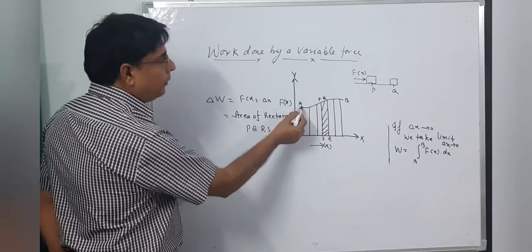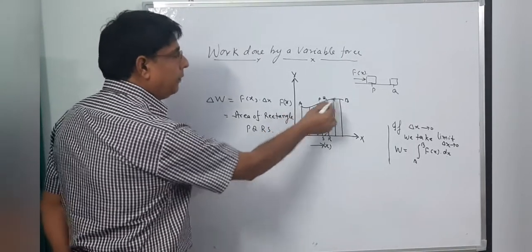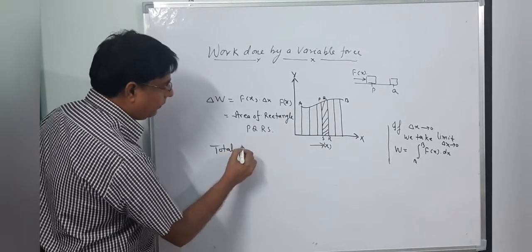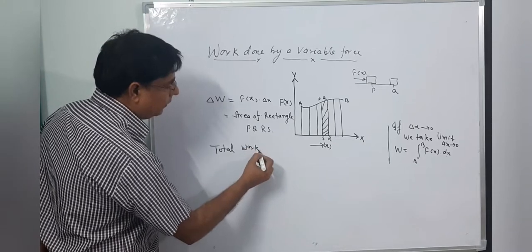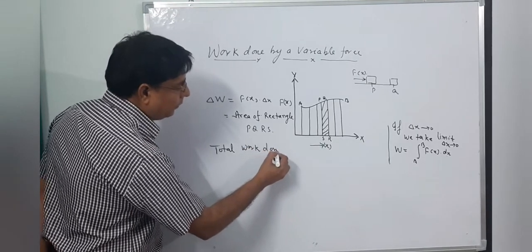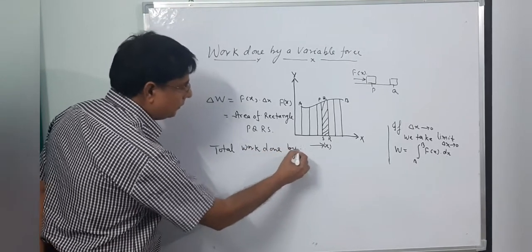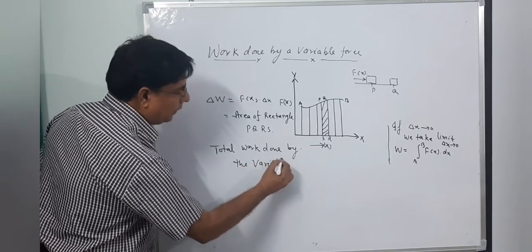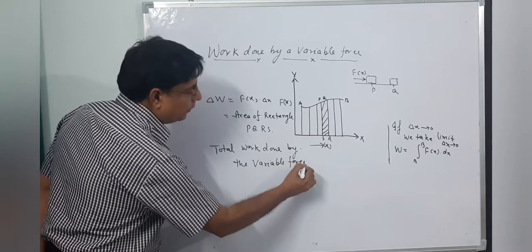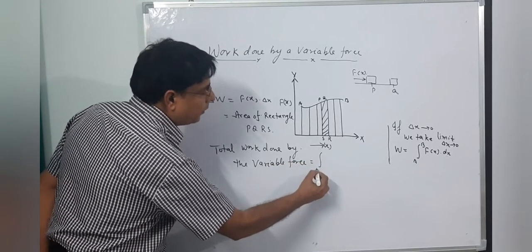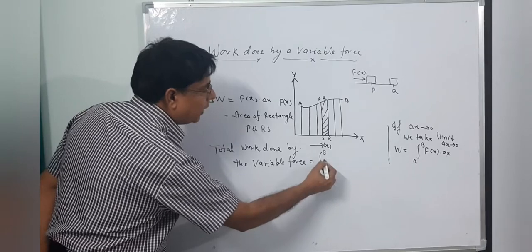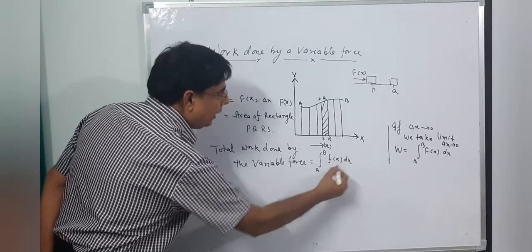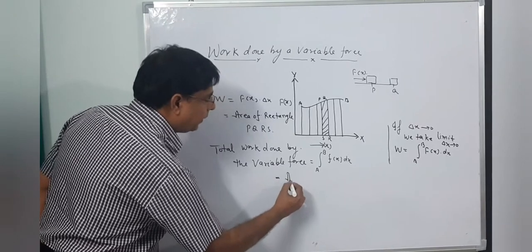If we take the value from point A to B, then the total work done by the variable force will be equal to the integration from point A to B of Fx, as we have discussed earlier,